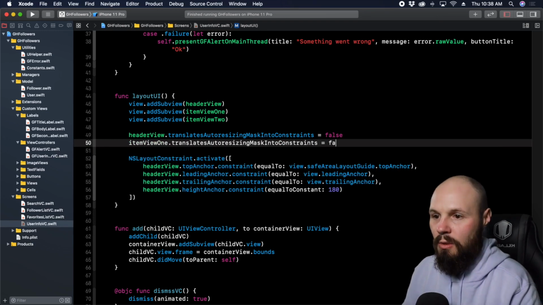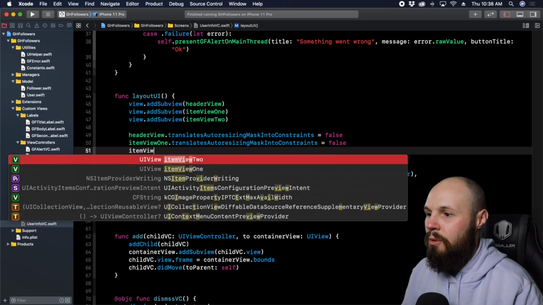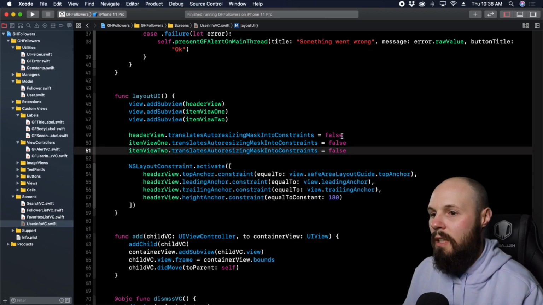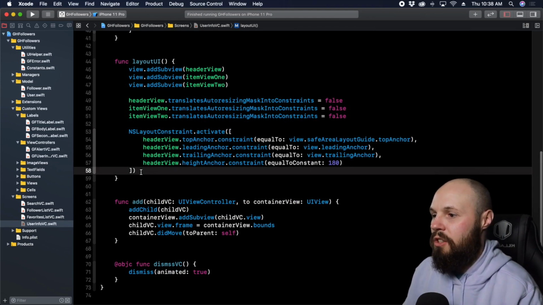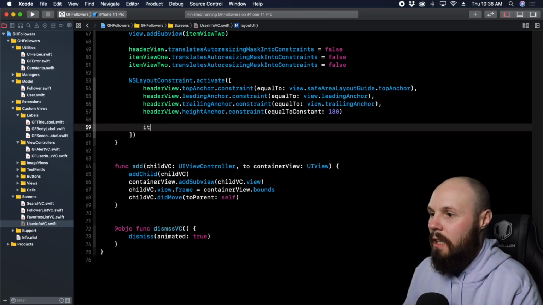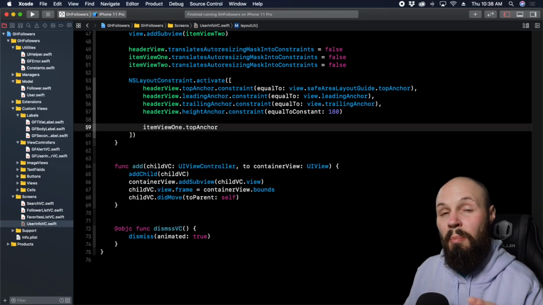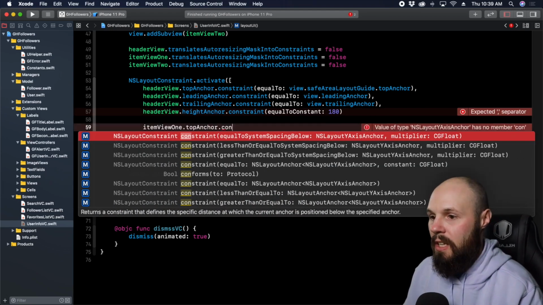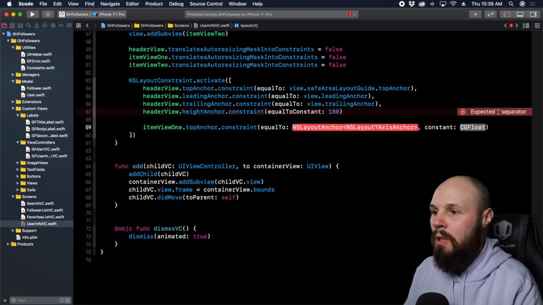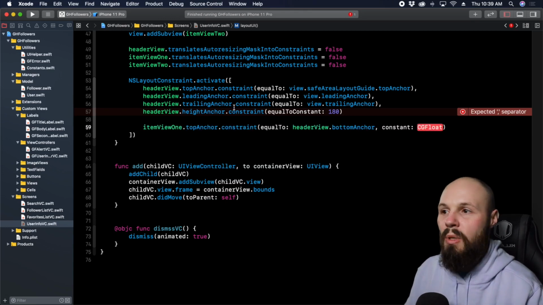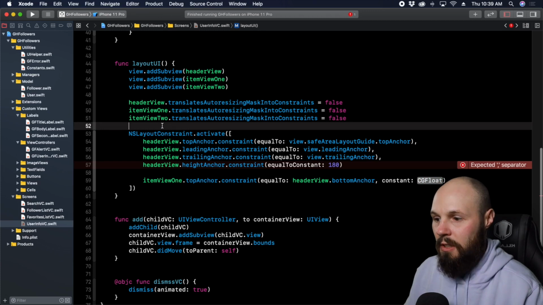itemView1.translatesAutoresizingMaskIntoConstraints equals false. itemView2.translatesAutoresizingMaskIntoConstraints equals false. And now we want to lay out the constraints for item view 1 and 2. So itemView1.topAnchor. We're going to pin this to the bottom of the header view, right? That constraint, the header view container, I should say, is going to be equal to headerView.bottomAnchor, and then the constant is going to be 20,